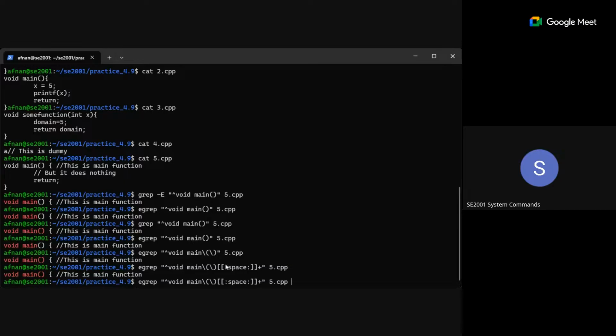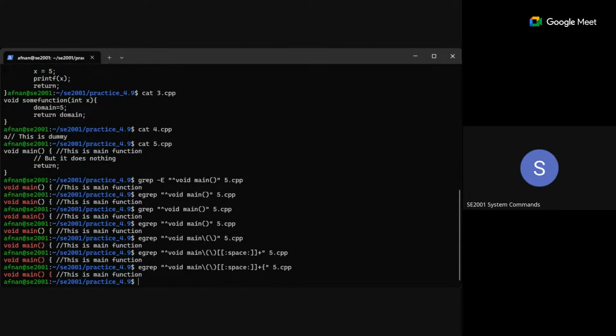I think it matches. So after that you're going to have the opening, right? Yeah, this one matches. So I'm matching the space, and after that, the opening. Sir, but it can be optional there, no? When you did cat